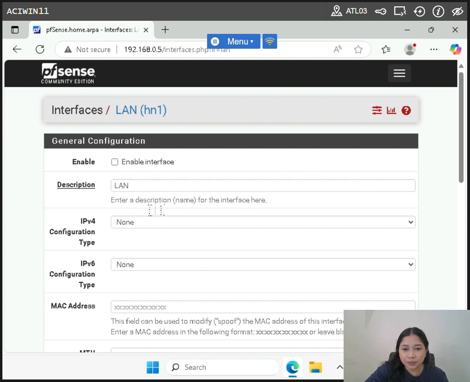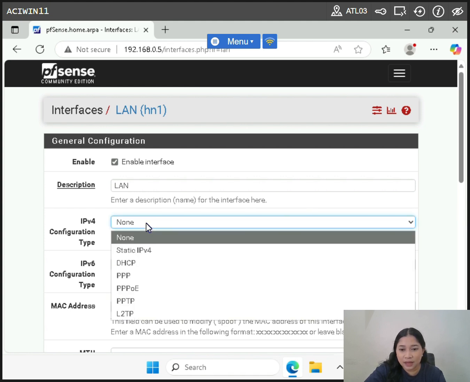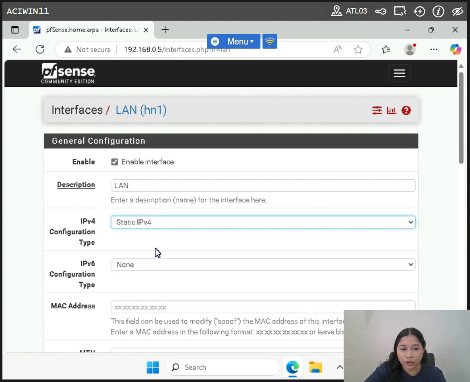So we have to check the enable interface. And then for IPv4 configuration type field, select static IPv4. And then scroll down,